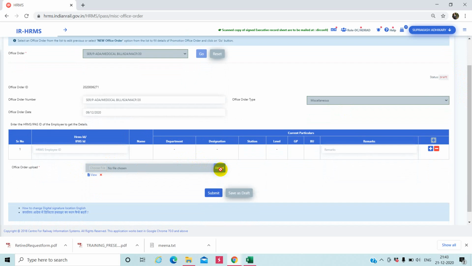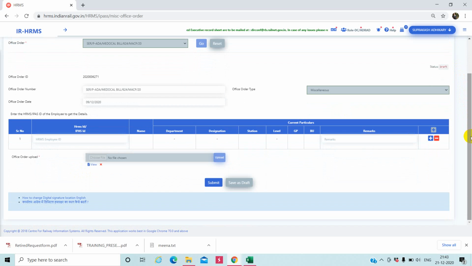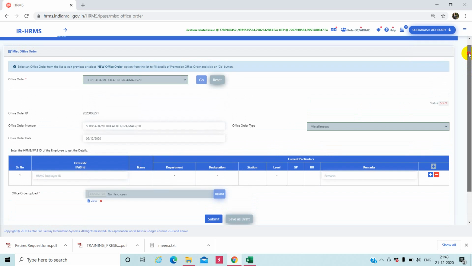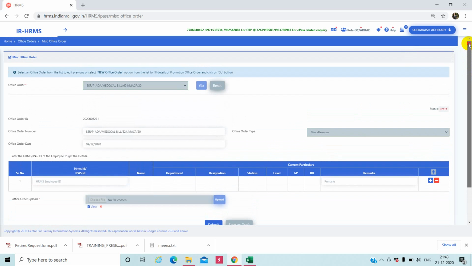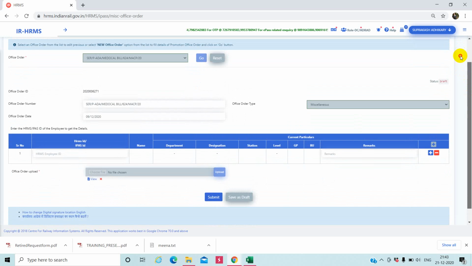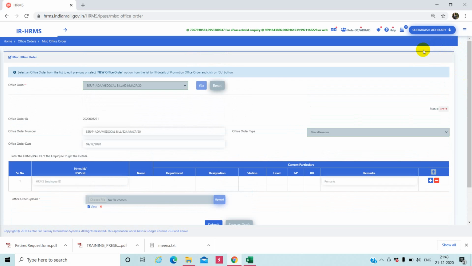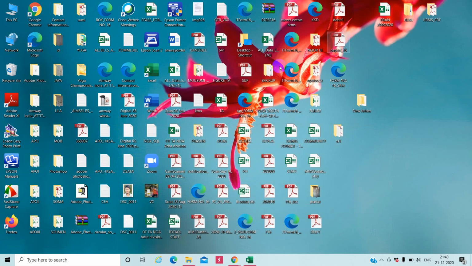So the manual order which is already issued by our department, we may upload on this HRMS platform, and we may forward this to the concerned department or the concerned employee, and an SMS alert will go to them, and they may verify that some order has been created for the purpose. It will be clarified over there.